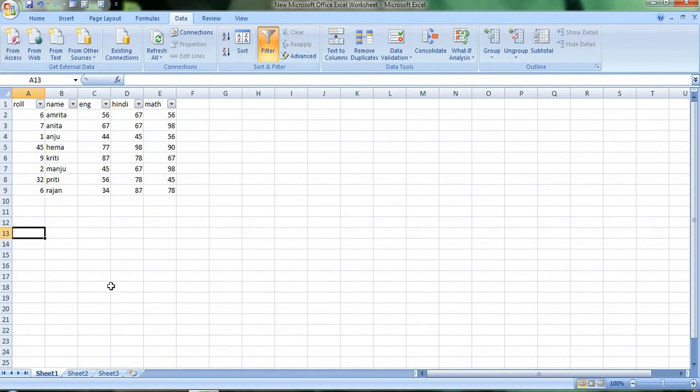Now we will move towards adding subtotal in a database. Basically, the subtotal feature in a database helps us to manage, analyze and extract specific information from rows and related data. Let's suppose I want only my Hindi and maths totals, and I want these two subjects' numbers added, with the grand total marks at the end. So for that I will go to subtotal. It is already present in the data tab. Here it is, subtotal.